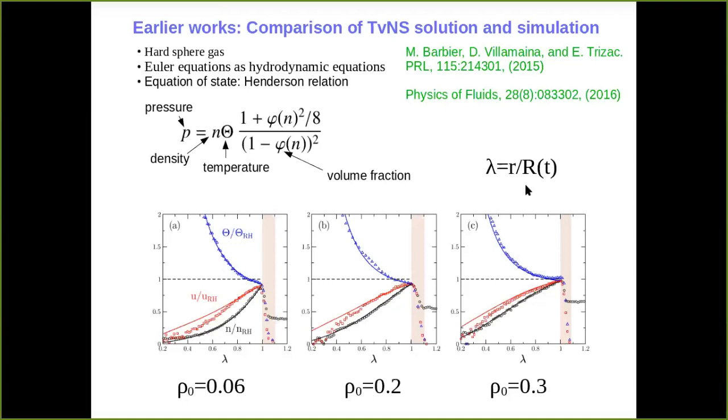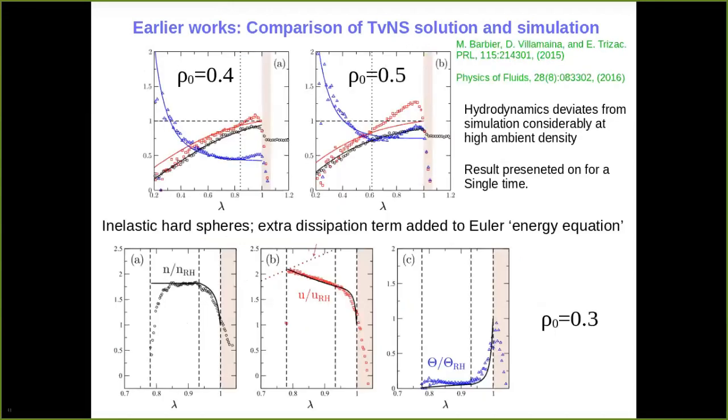This is the scaled distance from the shock center. There are 2 points: one is the shock center, the central point where the shock is applied, and the other is the shock front. Lambda is the scaled distance from the shock center, and they found good agreement at low ambient density, but for a higher ambient density, 0.4 and 0.5, you can see the analytical